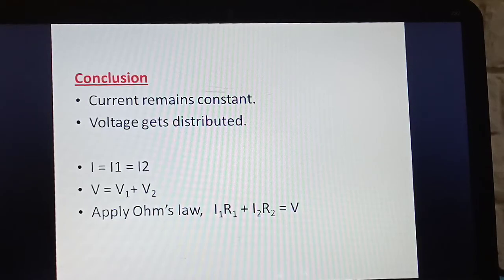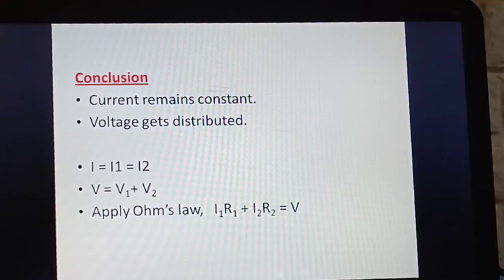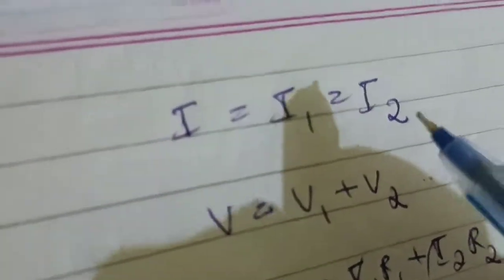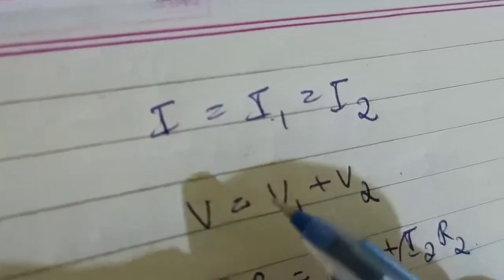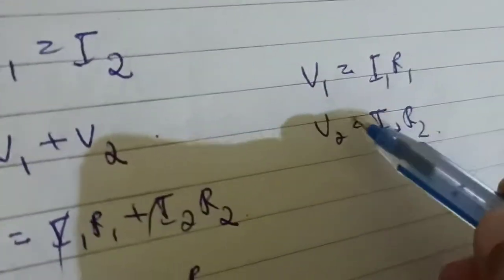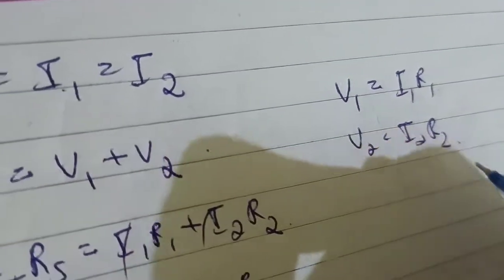Now we had asked the question, isn't it, I need 2 ohm resistance but I have only one ohm resistor. In order to get 2 ohm resistance you need 2 resistors, but I have only 1 ohm resistors. So how can we find it? We shall find. So we had seen the current will be the same, it is constant, isn't it? So I is equal to I1 equal to I2. So what about the voltage? So V is V1 plus V2. Now let's consider V1 as I1 R1 and V2 as I2 R2.